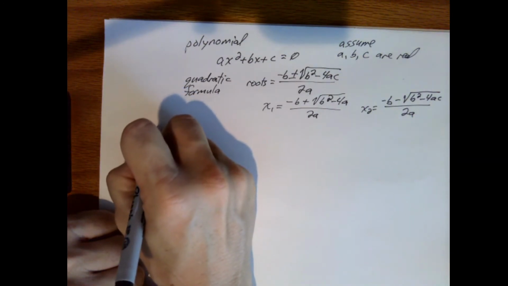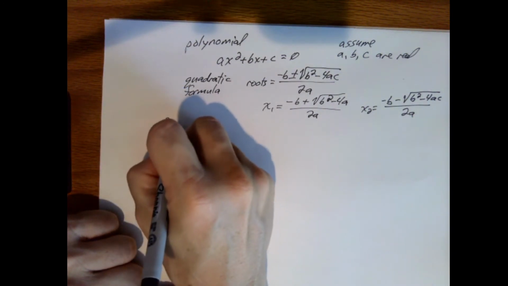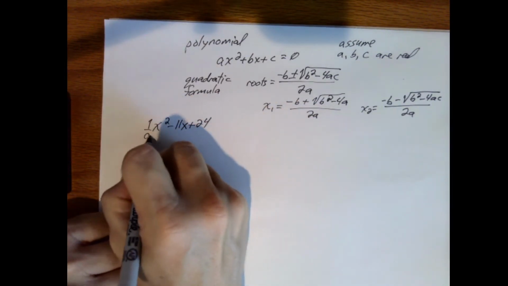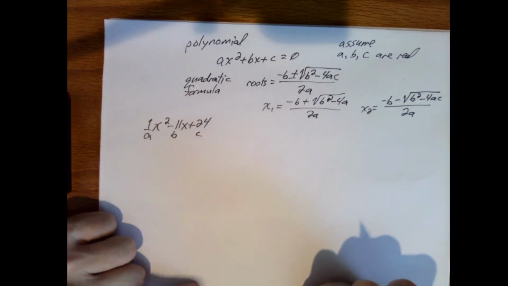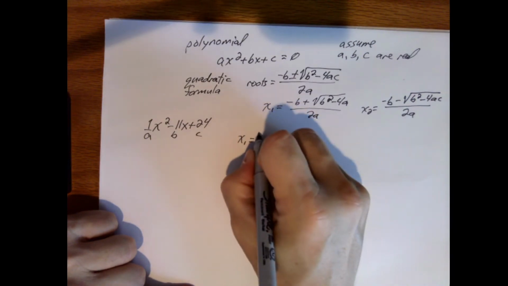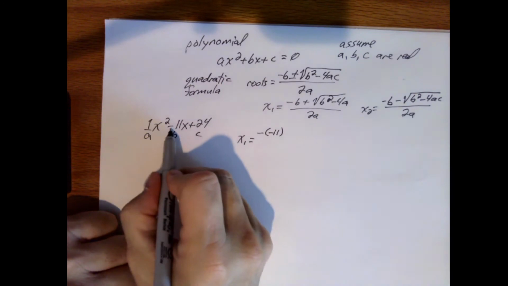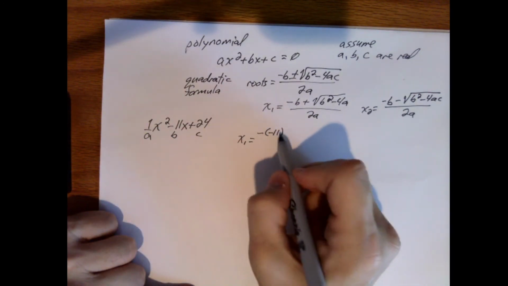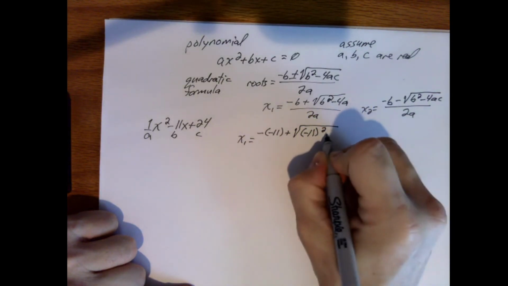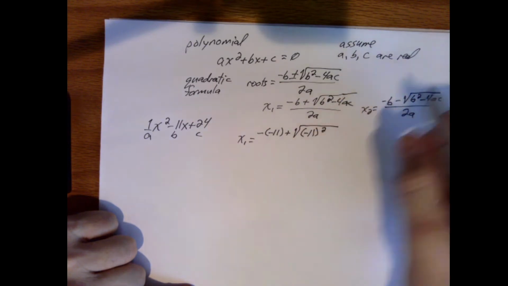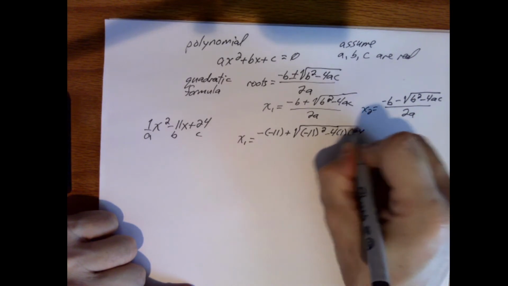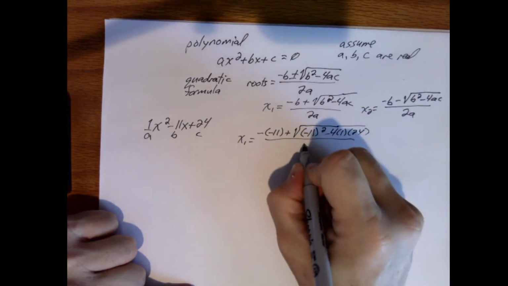So let's solve this problem. X squared minus 11x plus 24. And there's an implied 1 here. So this would be my A, this is my B, this is my C. So according to these formulas, we would get that x1 is equal to minus 11, because negative 11 is the B, so we need to negate that, plus square root of minus 11 squared, sorry, this should be C in here, minus 4 times 1 times 24, divided by 2 times 1,